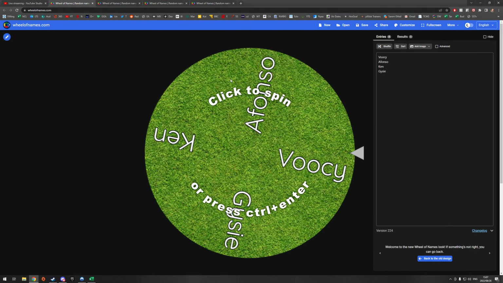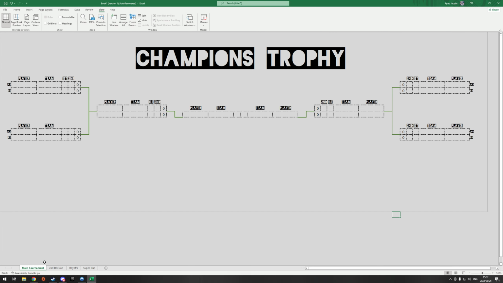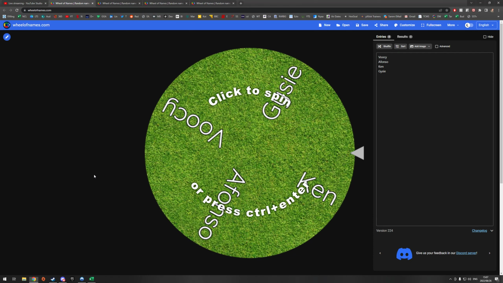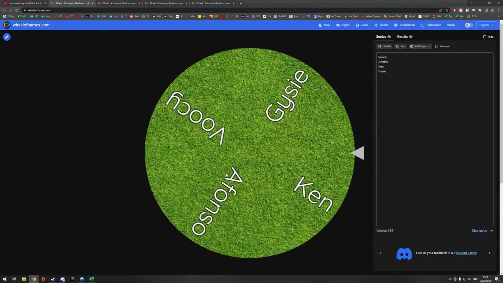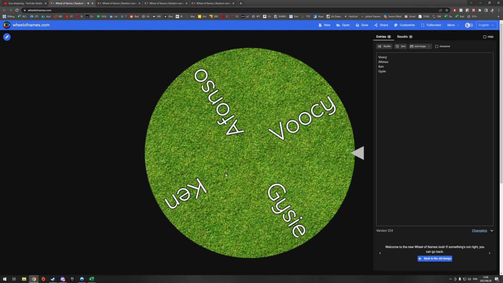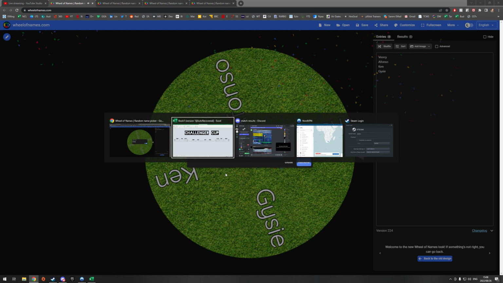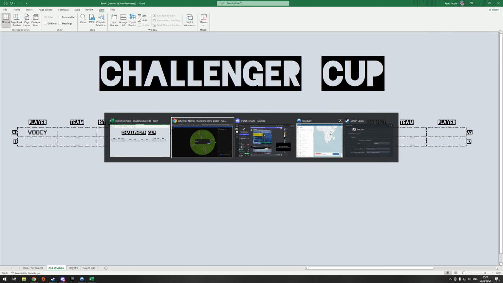Cool. So now that we've got the international teams, let's fill in the second division bracket. The first name that we'll be pulling will be for A1, the spot over here. And that'll be Vusi, it seems. Shocking Vusi here. The second person drawn will be for A2, the spot over here on the other side of the bracket.